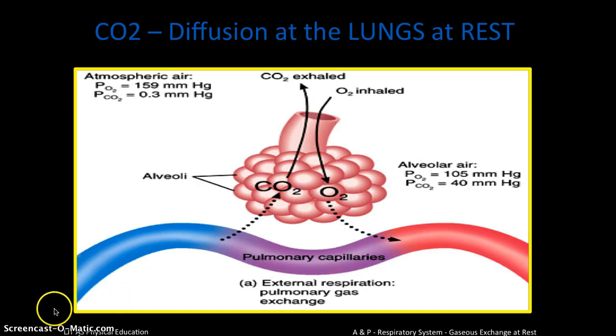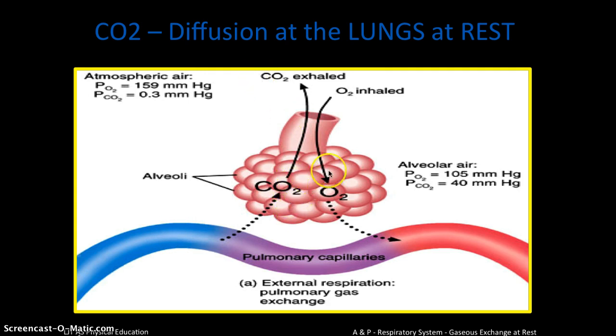At the lungs, again, it's the same principle. We would have carbon dioxide returning here at a partial pressure of about 45 millimeters of mercury, a little bit higher than the PCO2 in the alveoli, which is only 40. So we've got a 45 and a 40, a higher and a lower. And again, we've got a gradient. So the CO2 will diffuse from the blood into the alveoli